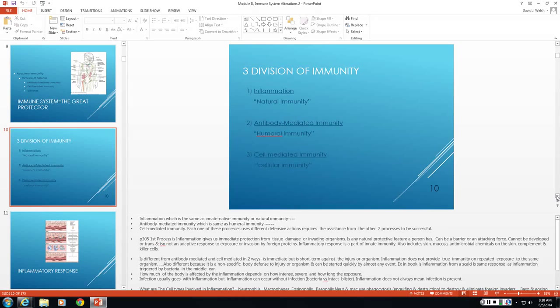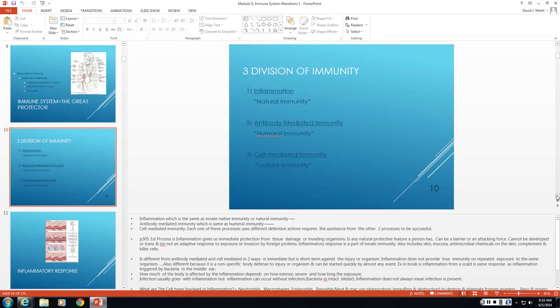Your inflammation is the same as innate or native immunity or natural immunity, and it is going to be your first division of immunity. Now, the first process, like we talked about, inflammation, gives us an immediate protection from